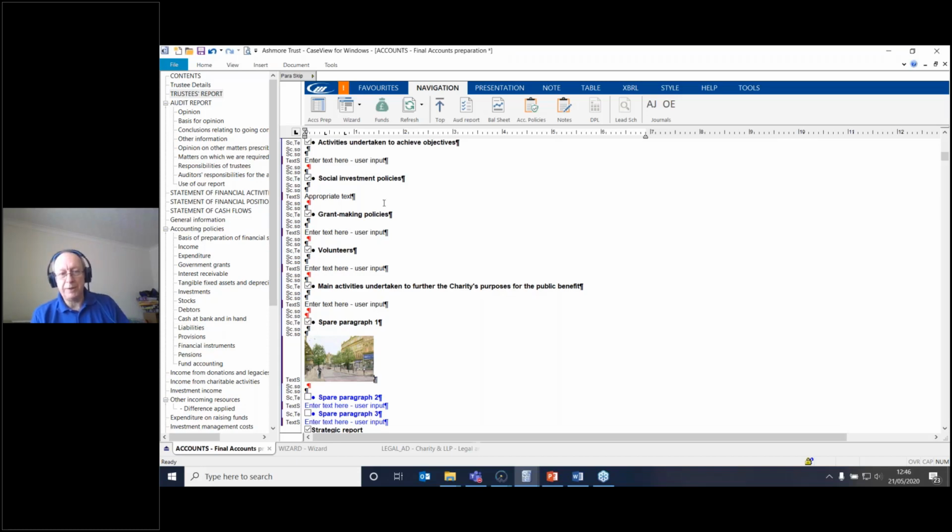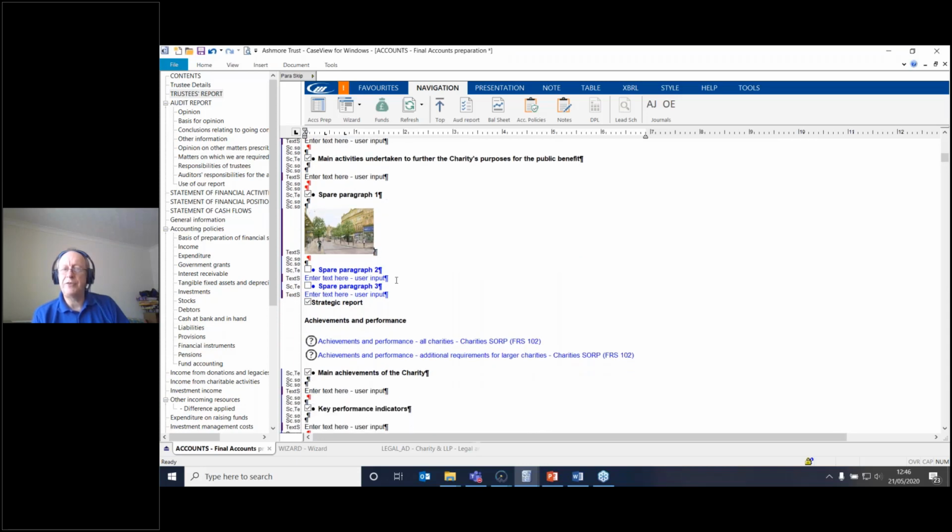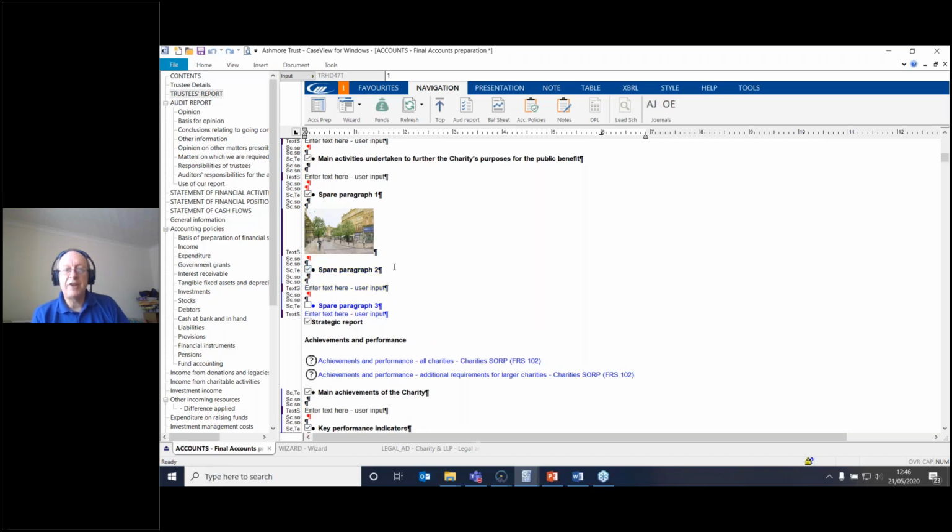So that is one option. I'm going to choose the option to show spare paragraph number 2, just to show you something slightly different. So rather than disclosing that picture and embedding it directly as an object, if I again remove that standard text where it says enter text, the other option I've got is to insert that picture as an item in a Word document. So if I go back to my insert menu,